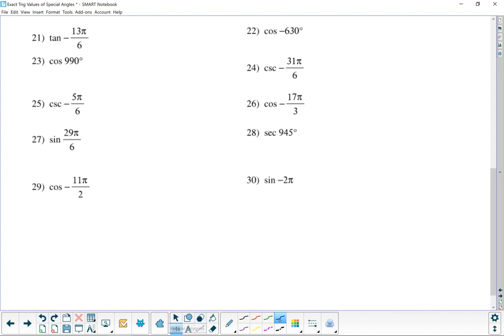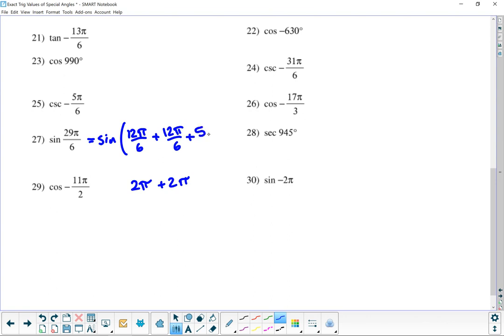29 pi over 6, right? So again, I've got to figure out what over 6. We've done this a couple times, so I'm actually pretty good at it, and you should be too. This should be 12, right? So 12 pi over 6 makes 2 pi. And I need 29, so I've got to add another 12 pi over 6. That's another 2 pi. Okay, so that's 24, and I don't think I can add another 12, so I'm done